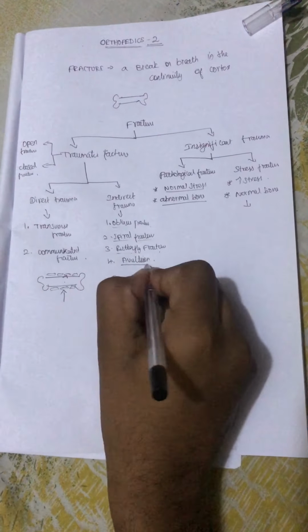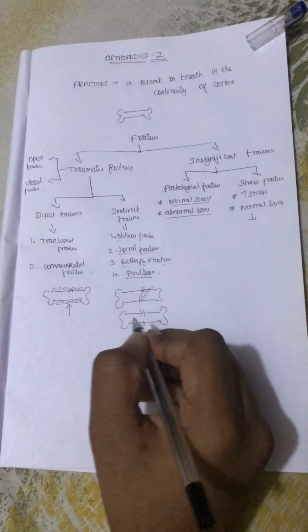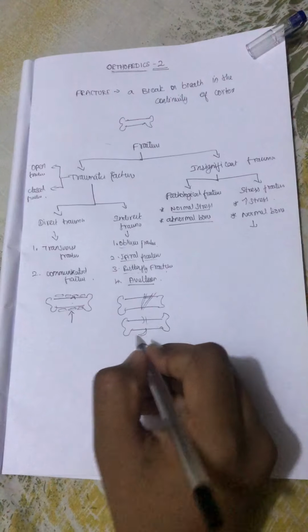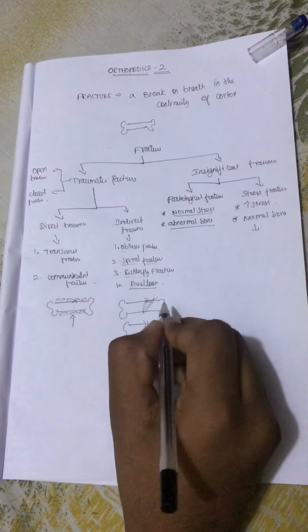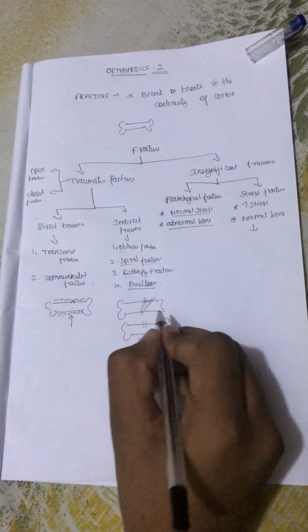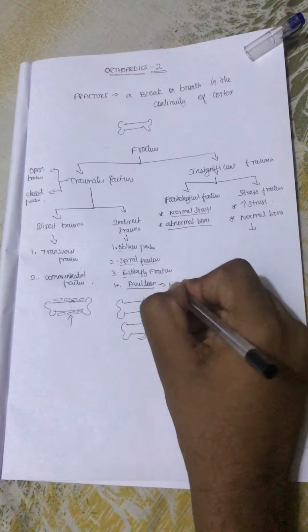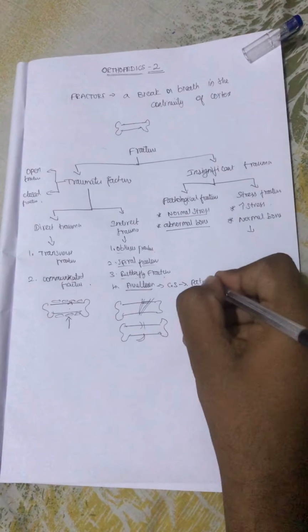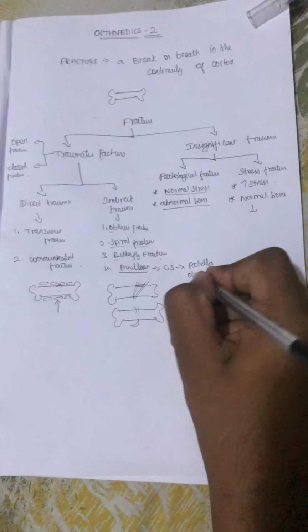Okay, finally, what is avulsion fracture? Avulsion fracture is a fracture at any part of the body where the tendons or ligaments are attached to the bone. Once again, avulsion fracture occurs in any part of the bone where the bone is attached to a ligament or tendon. The more common sites for avulsion fractures are the patella and olecranon. It's a more common site, but it can happen anywhere.